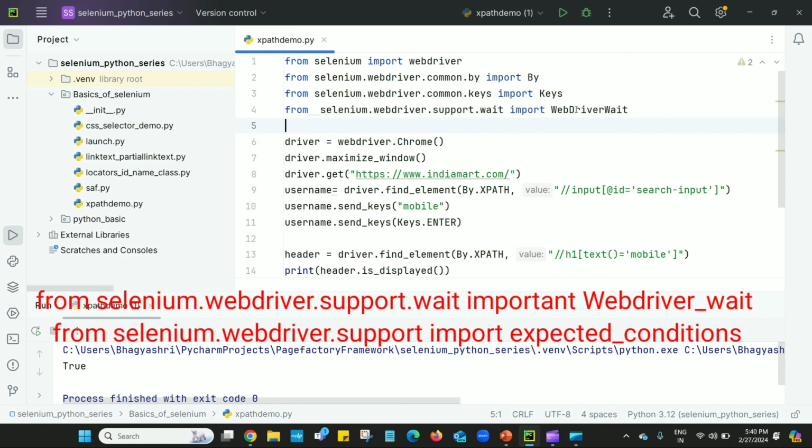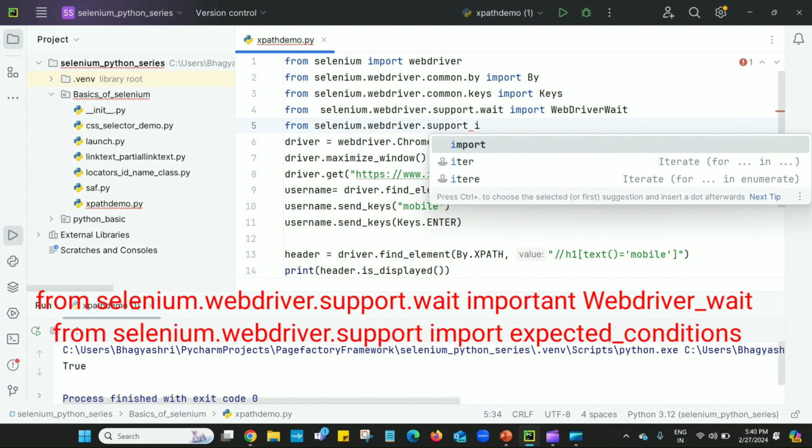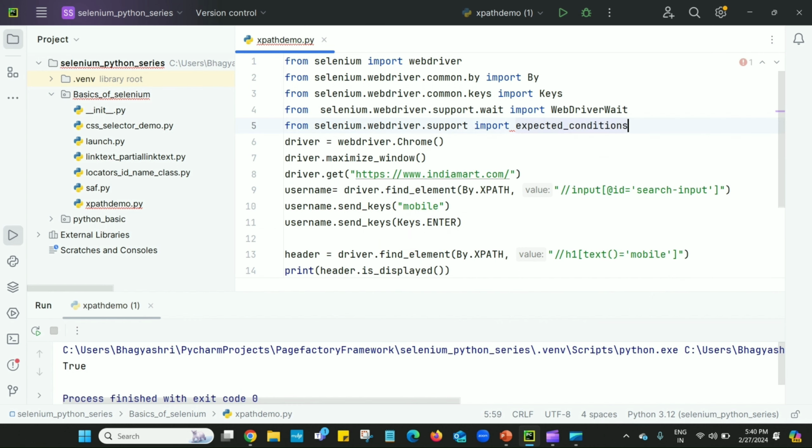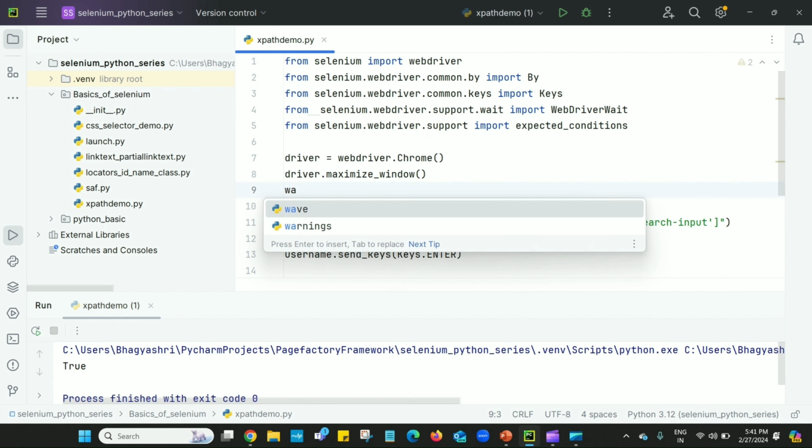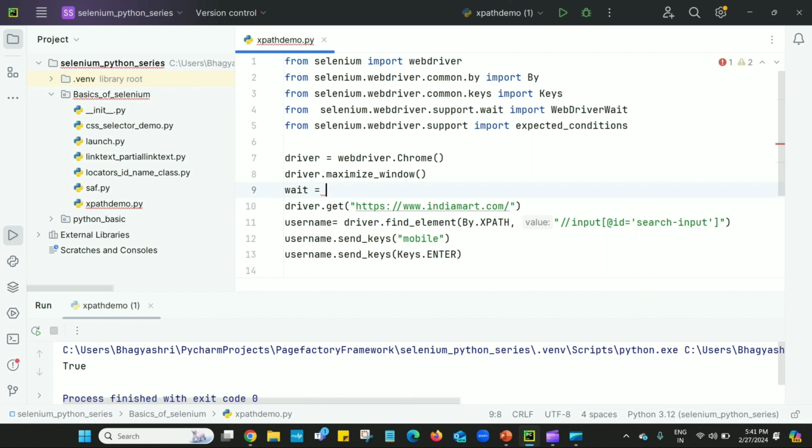From this package, we have to import WebDriverWait. Again, from support, import expected conditions. Using these expected conditions, we can pass the different conditions we have seen earlier. So first we have to define wait. I am defining a variable wait, which is equal to WebDriverWait, and here we have to pass driver and the explicit wait time.